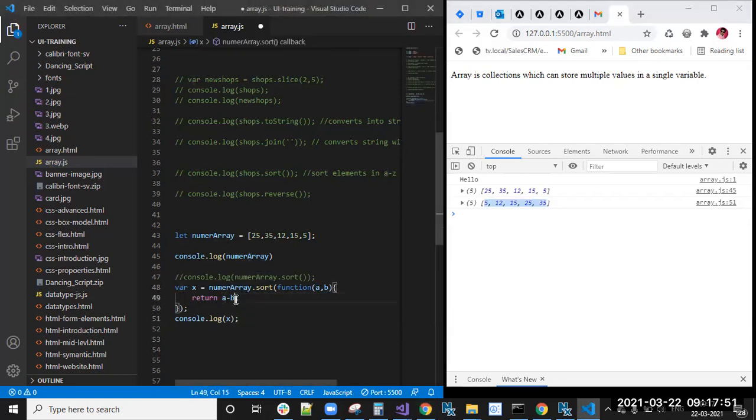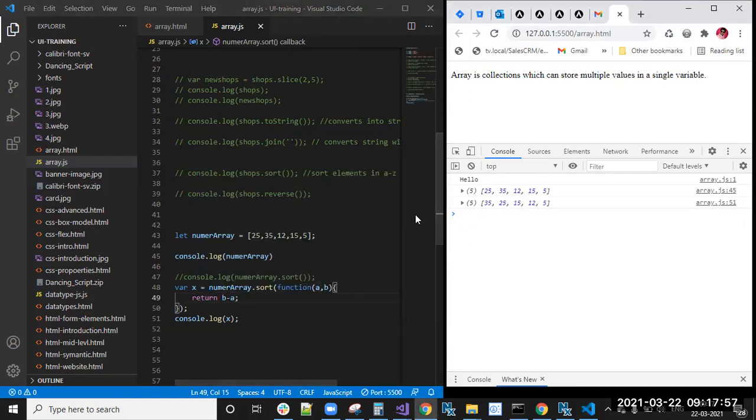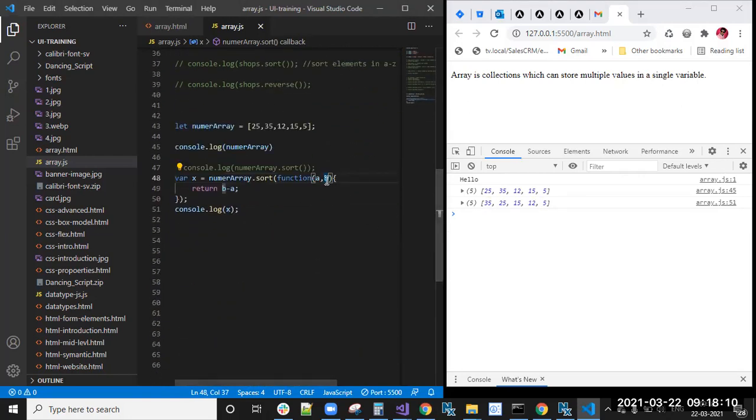Now if you want descending order, it means b minus a: 35, 25, 12, 15, 5, right? Here a comma b are the parameters. One parameter will hold the previous value, and the other will get each element from that array.